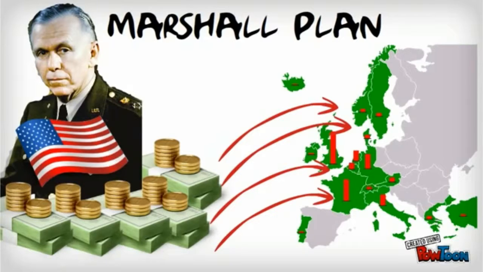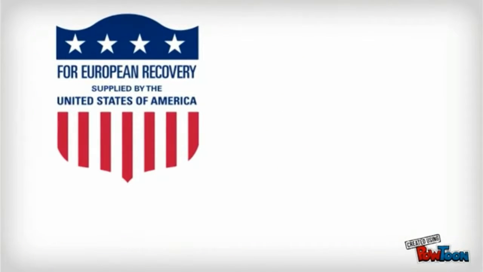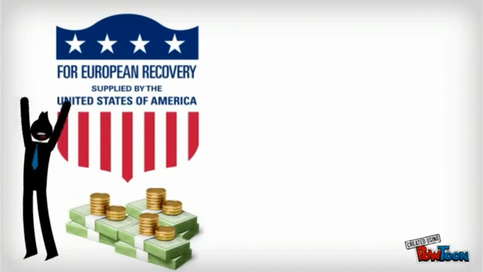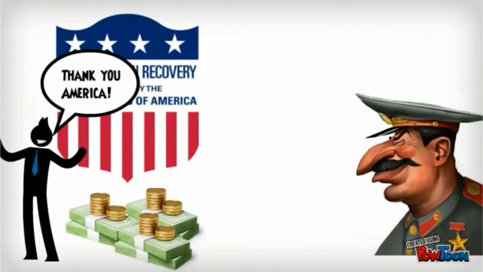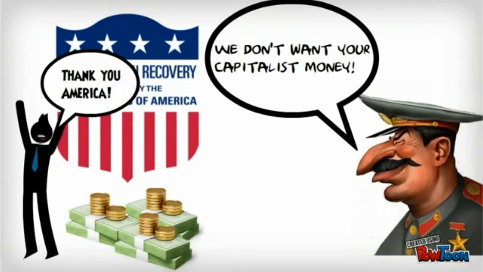Seeing the benefit of economic support, Secretary of State George C. Marshall proposed a mass U.S. aid package to European nations to help them rebuild following the war. Rebuilding the economies and cities of Europe would help prevent the spread of communism. In total, the United States provided $13 billion in aid between 1948 and 1951. Joseph Stalin and the Soviet Union rejected the offer of aid, seeing it as an attempt to influence the nations within the Soviet sphere.